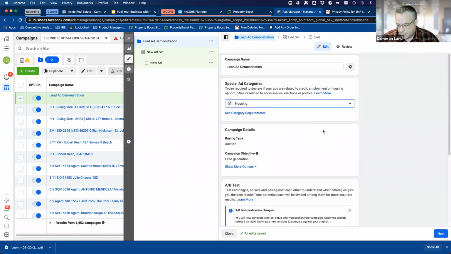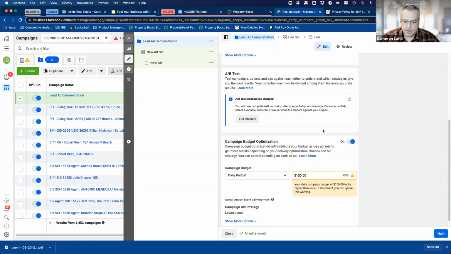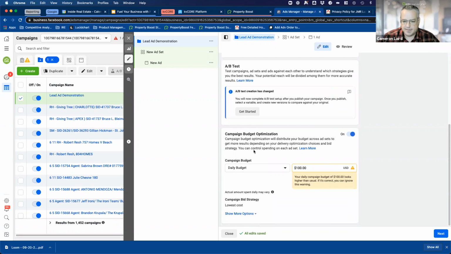So from there, I'm going to scroll down a little bit here, and I'm going to go to the next step, which is where we're going to set our daily budget. So you need to set a daily budget. This is how much you're going to spend on a daily basis to get your ad running. And that is,